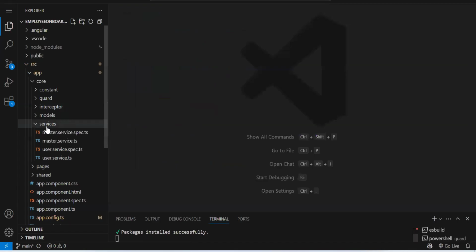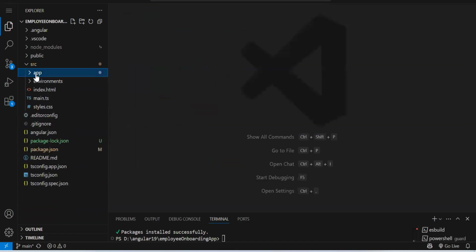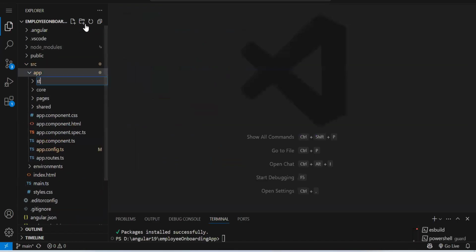Then we will create a folder. So inside app, we will create a folder that will be store. Okay. Now in store, as I said, consider it like a shop. Okay. Or it's just like a local storage where we store the data by key value pair. Let's say currently we will just go with a simple counter example. So let's say you want to create a counter example. Okay, you have some counter data and you want to share it across the application.